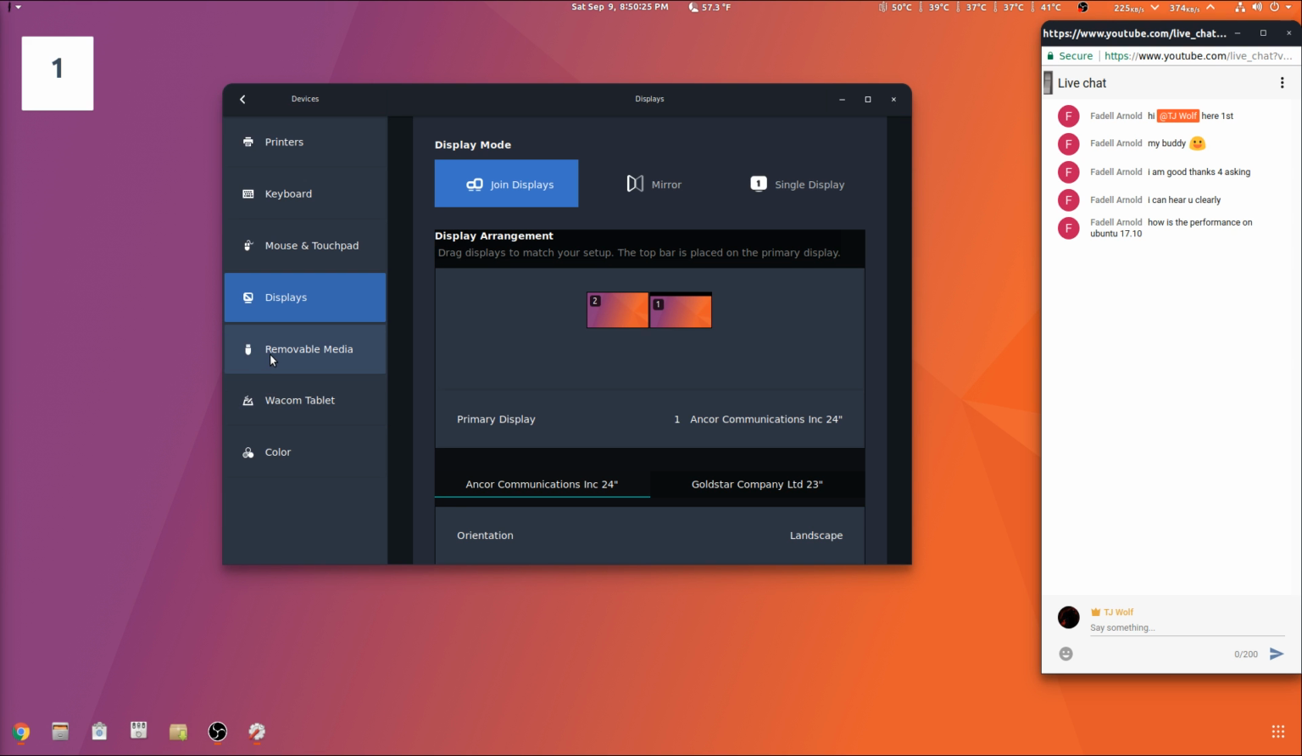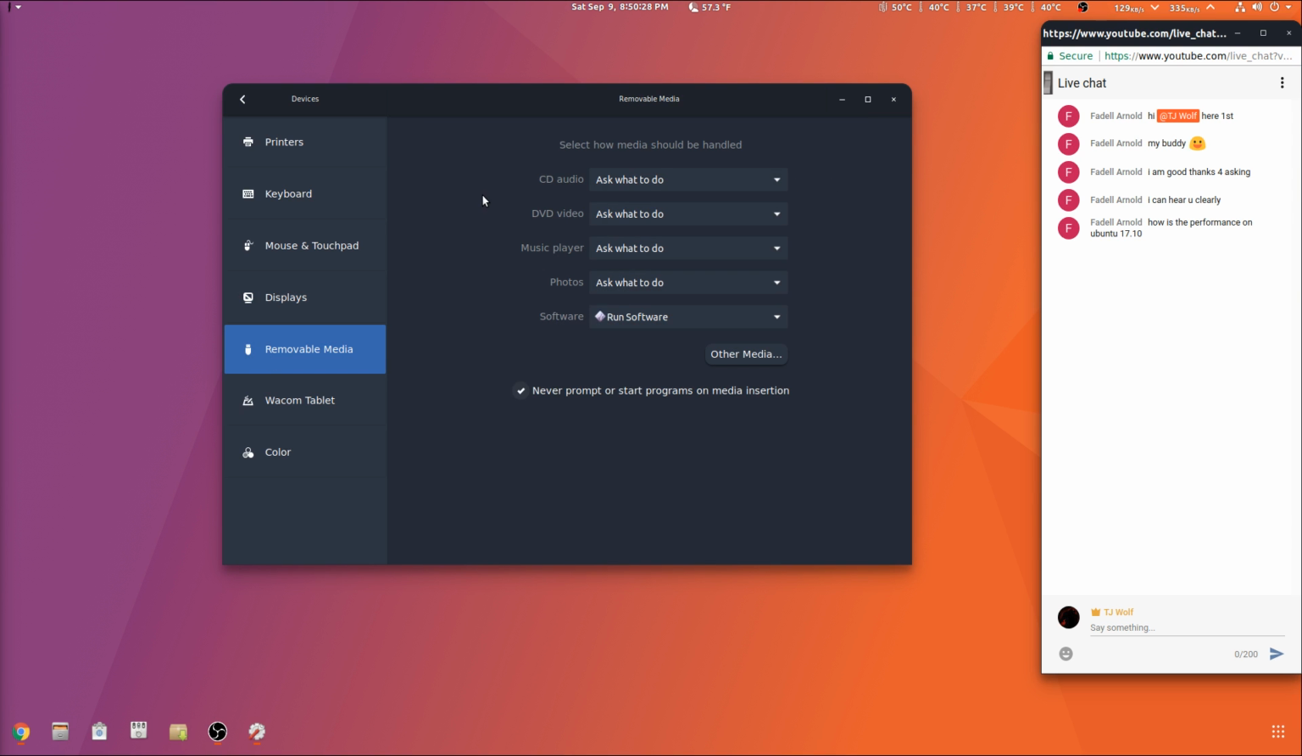And then you got your removable media. You can set your CD audio to whatever you like, DVD, video, music player, video, photos, and then software. Everything is in this settings tab right here. Once you click up here, so, and then you got your